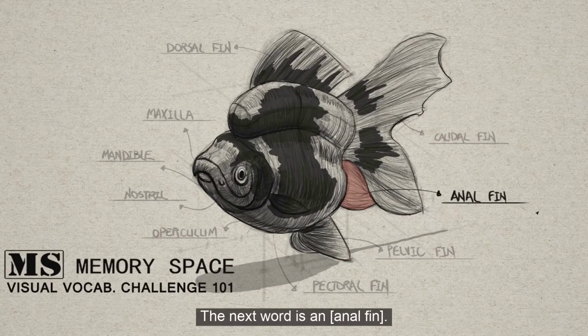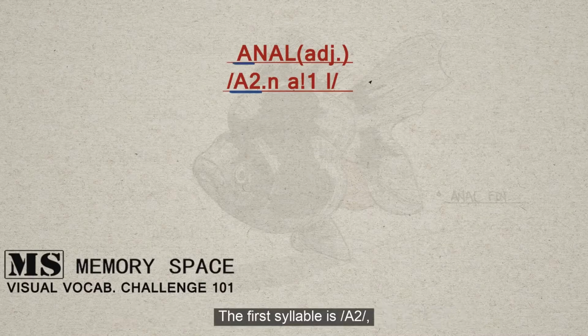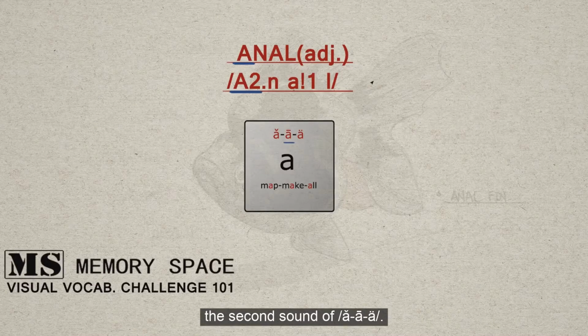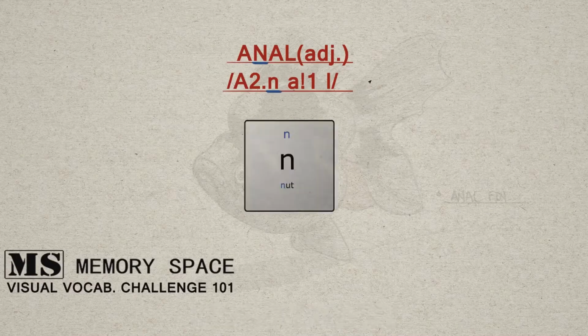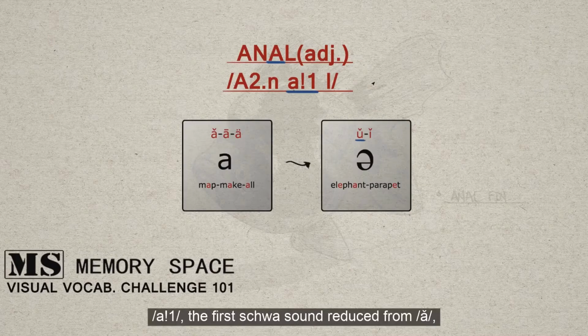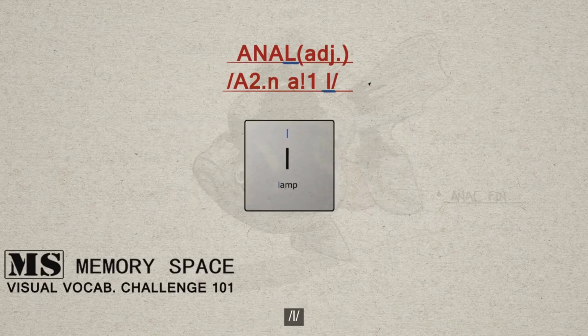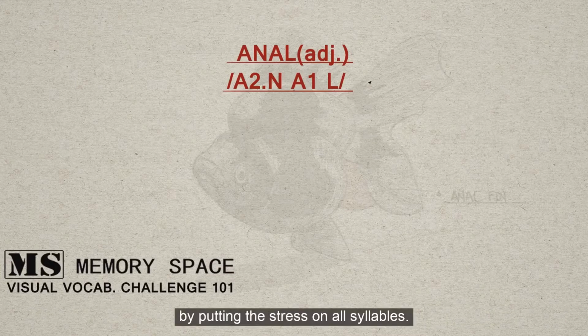The next word is an anal fin. Anal has 2 syllables and the stress is at the first one. The first syllable is a. The second sound of a-a-r. The second syllable is no. The first schwa sound reduced from a. The first sound of a-a-r. O. And we apply the say to spell method and say anal for spelling purpose by putting the stress on